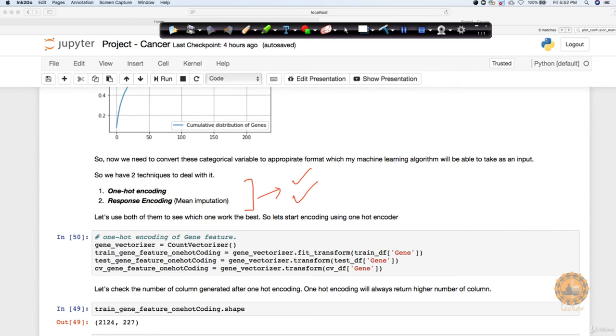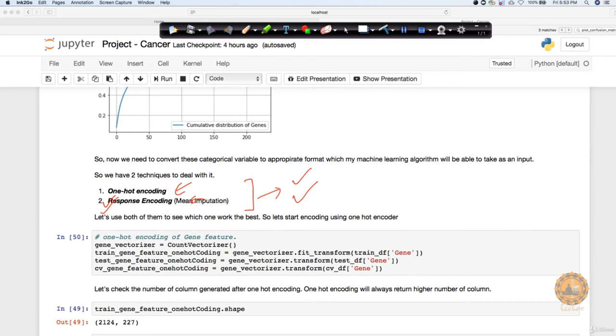I'm really surprised to hear that a lot of machine learning engineers are not even aware of response encoding properly, and it's a very powerful technique. In fact, we're going to see in which algorithms response encoding works best, and in which algorithms one hot encoding works best. There are various cases where response encoding will perform much better than one hot encoding. In fact, people who are already aware of one hot encoding might know that one hot encoding creates a lot of columns for us. Since it creates a lot of columns, at some point it creates a problem.